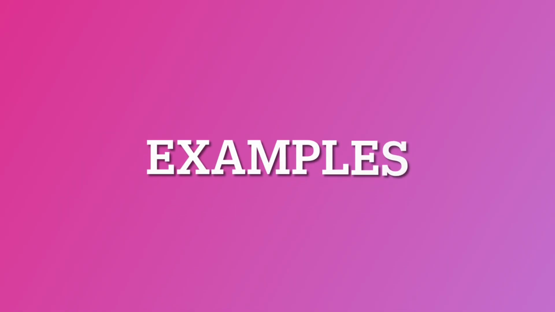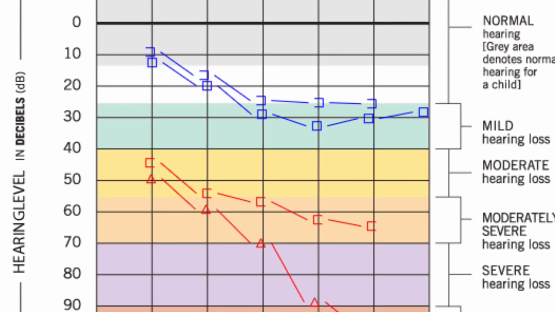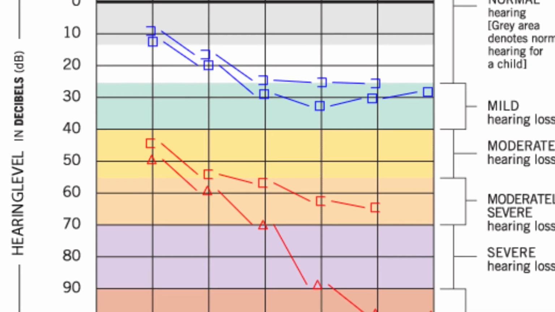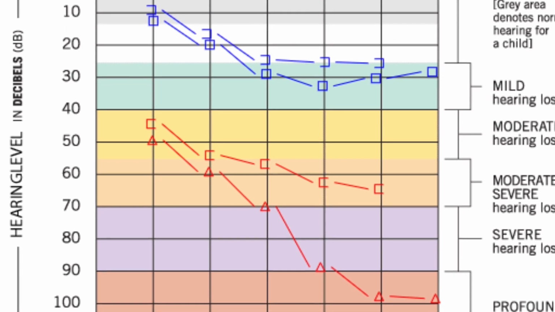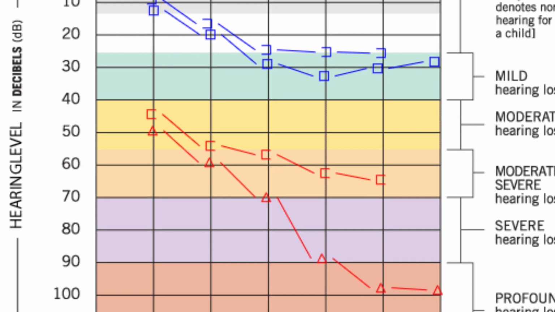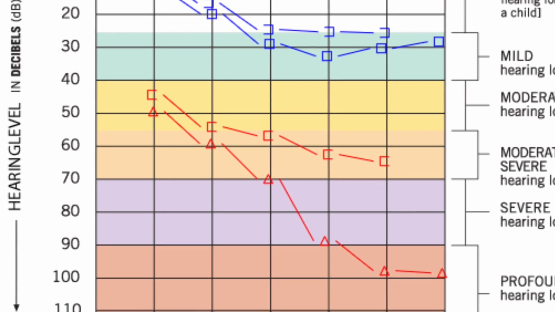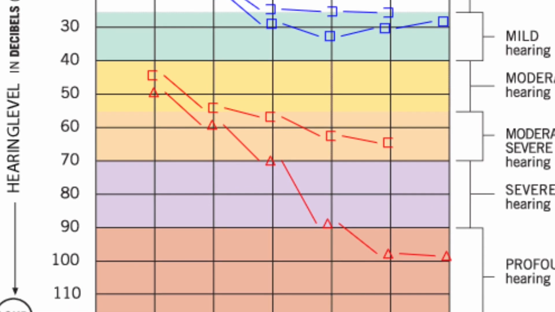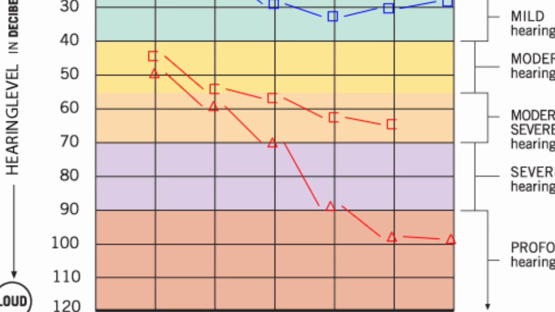Let's understand the audiogram with a few examples. As you can see in this graph, the red line which denotes the right ear is significantly down. The gap between both the red lines is very less at low frequencies, but it's widened at high frequencies where the lowest line is touching even 100 decibel. So this denotes mainly nerve deafness with a mixed component at very high frequency and a very high hearing loss.